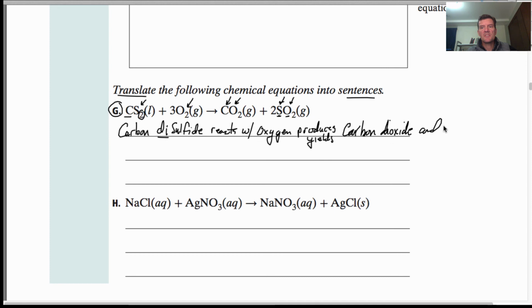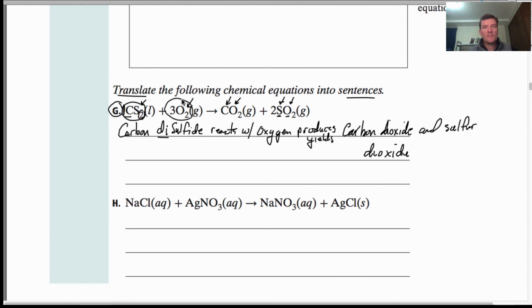Use prefixes. Sulfur dioxide. Okay? Now, if you wanted to get really specific, you could say 1 molecule of carbon disulfide reacts with